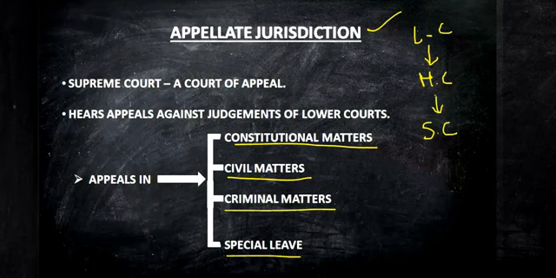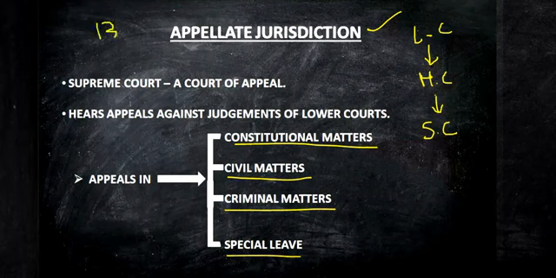Let us discuss. Now, this appellate jurisdiction is mentioned in Article 132 of our Constitution. Make it clear, and it is not very important, but just have it in your mind that Article 132 is the article which explains the appellate jurisdiction of Supreme Court. Now, here there are constitutional matters, civil matters and criminal matters. Let us discuss them.